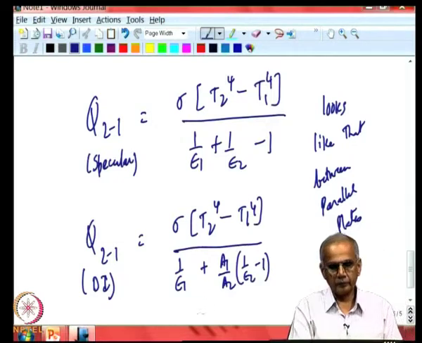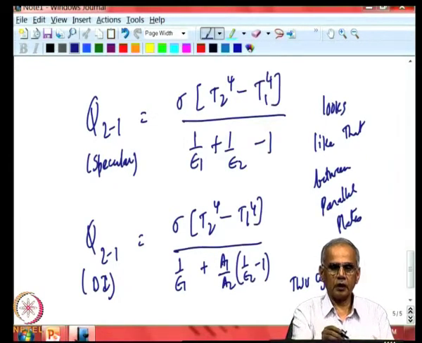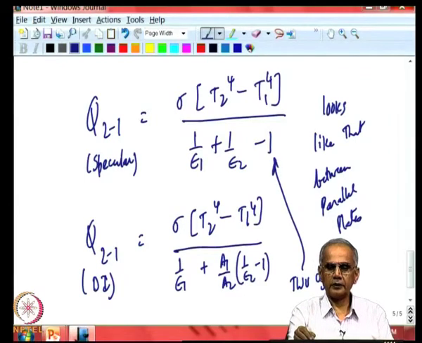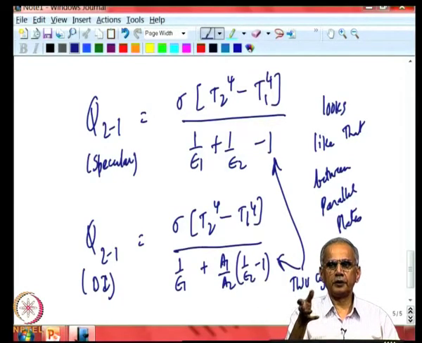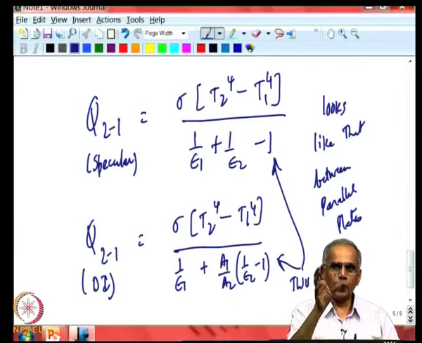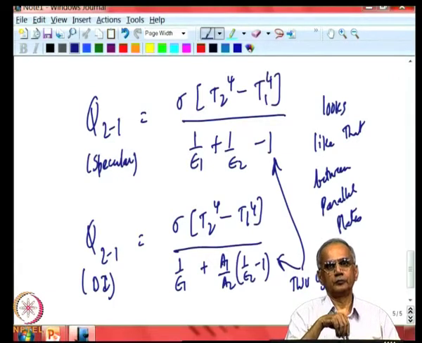This is what we got earlier, DI surface, two cylinders. But if the outer one of the two cylinders is specular, then you get this. The main thing is that the outer cylinder A2, which is specular, only a portion A1 of that outer cylinder is actually interacting with the inner cylinder A1. The other part is not interacting.